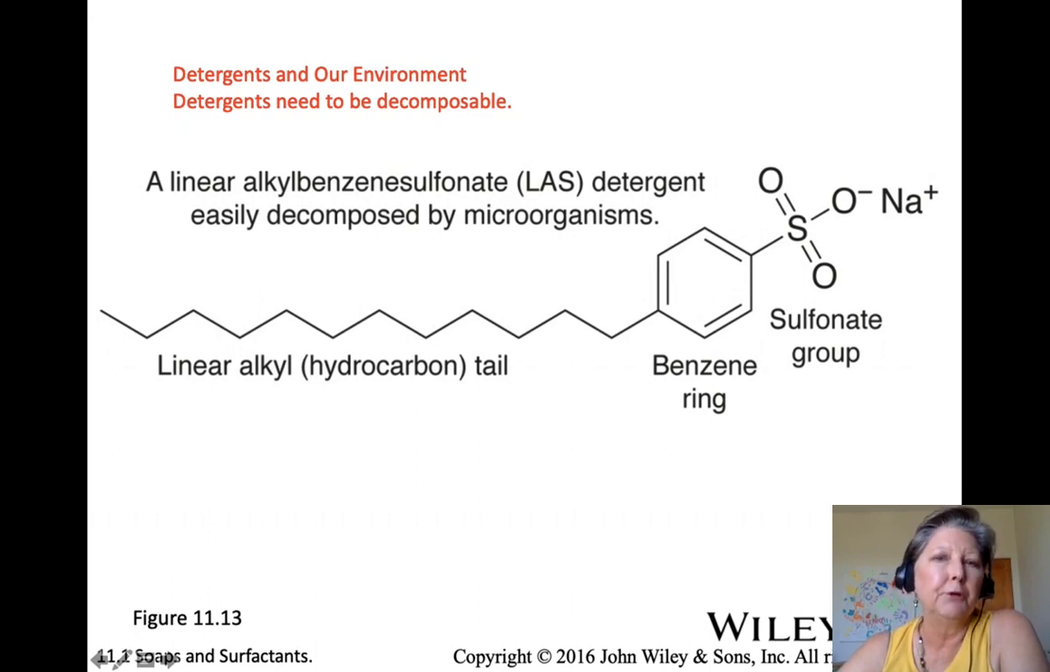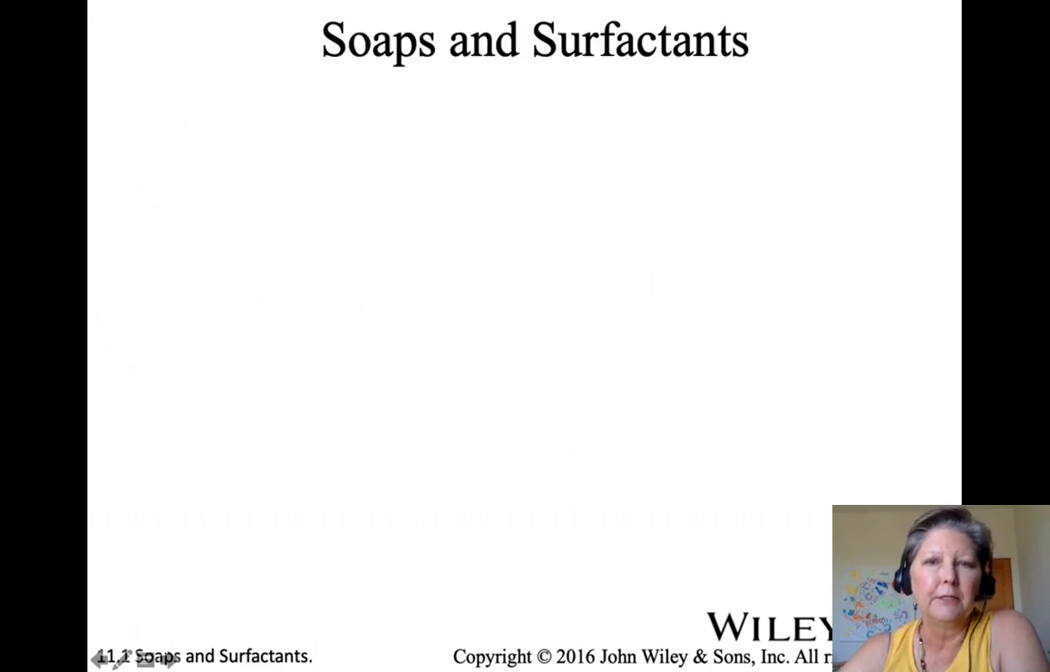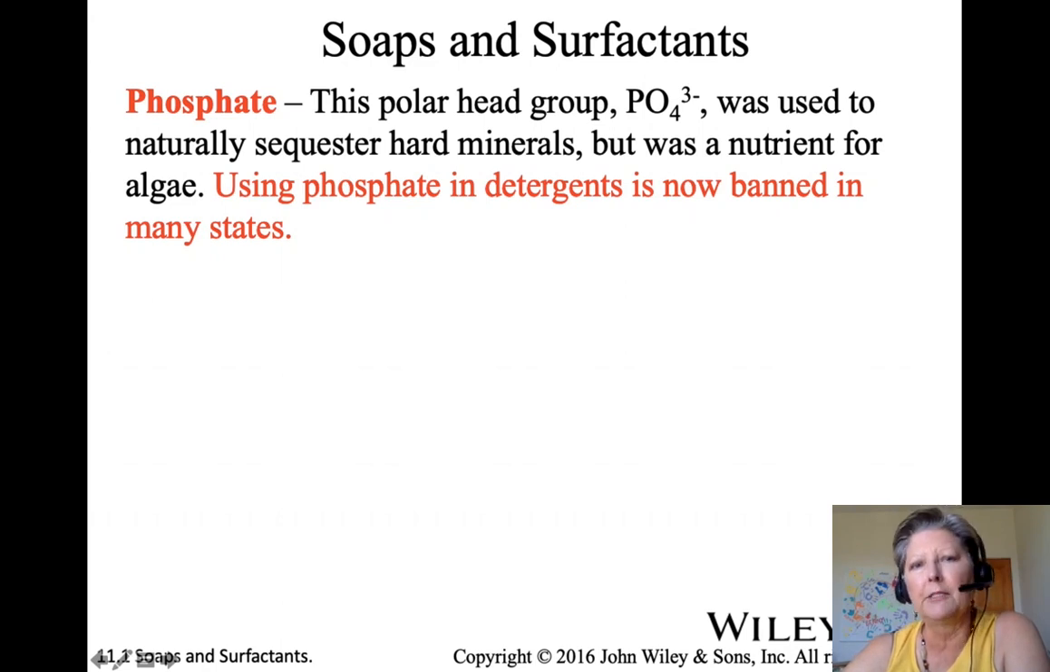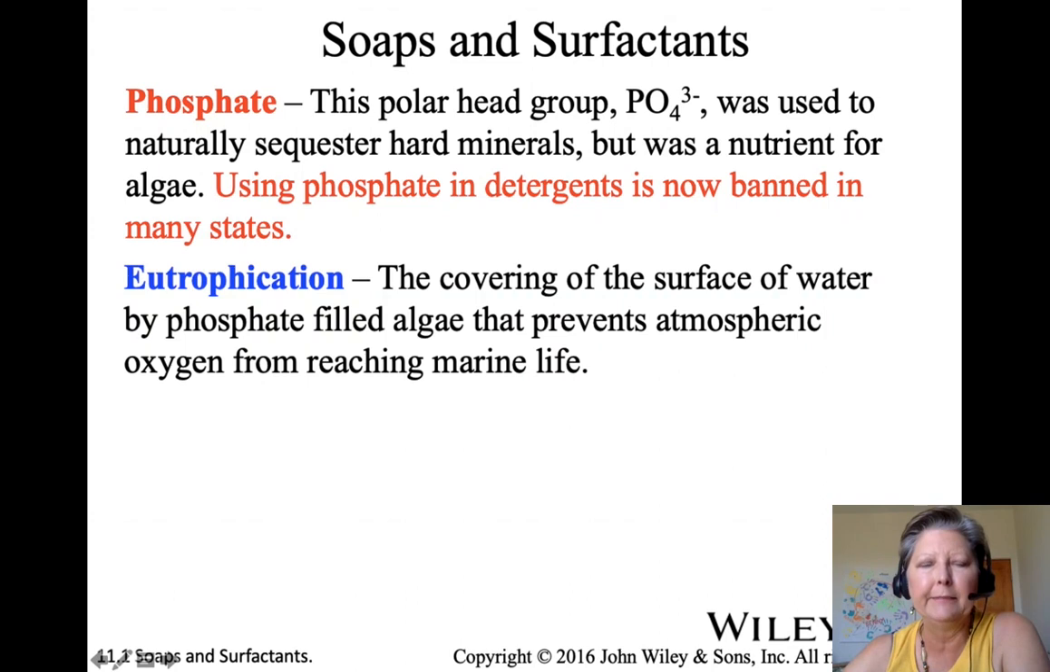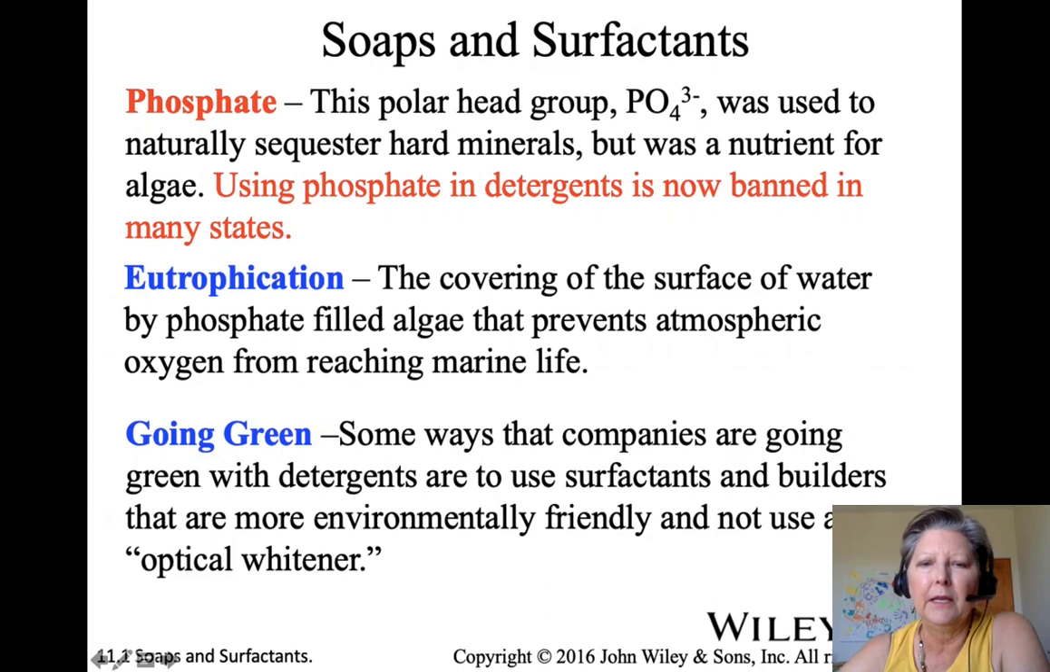Detergents need to be decomposable is the important thing about this slide, because if they're not, like phosphates, for example, were causing problems a few decades ago. They cause problems in the environment. Using phosphate in detergents is now banned in many states because they cause something called eutrophication, which is when the water just gets covered with algae, because the algae love the phosphates, and I guess they really act like a fertilizer to the algae, and the marine life goes crazy and messes up